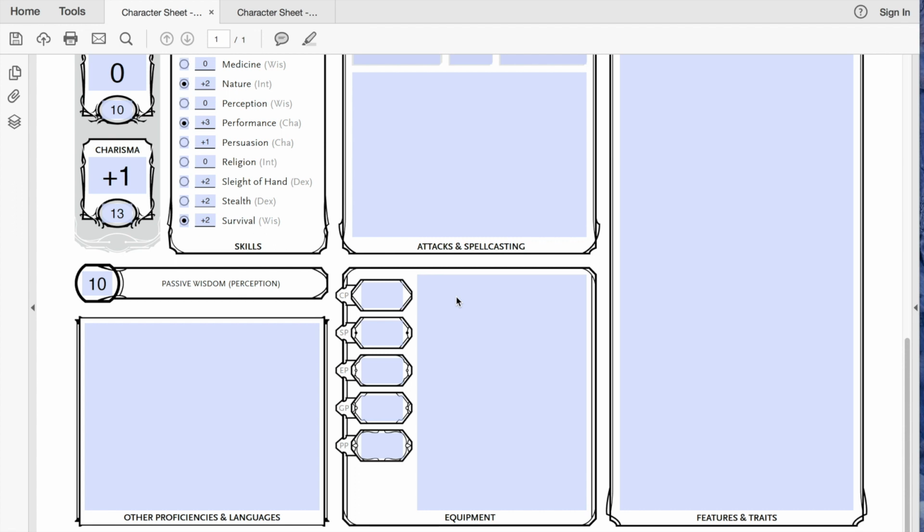Arguably, the most important of these is your armor. And the thing that makes barbarians and lizardfolk really interesting is that they have the option to not wear armor